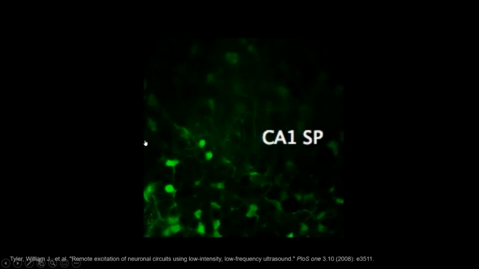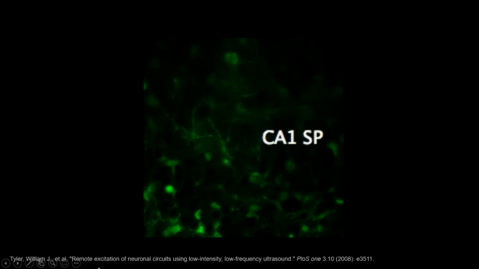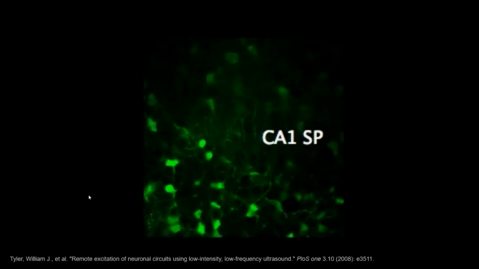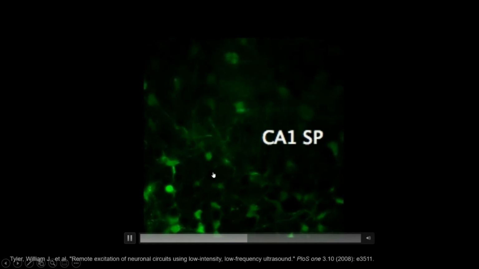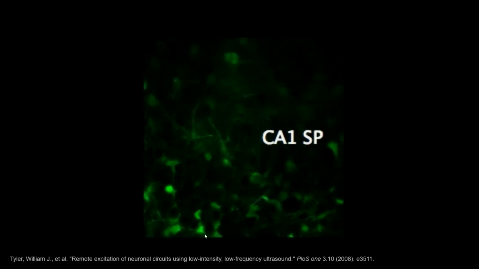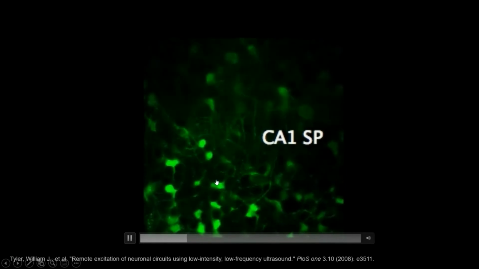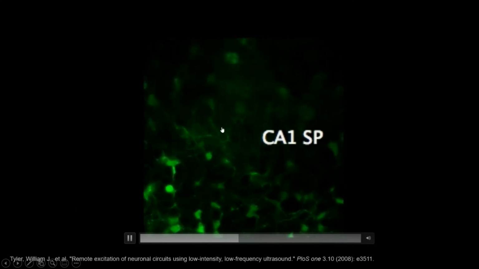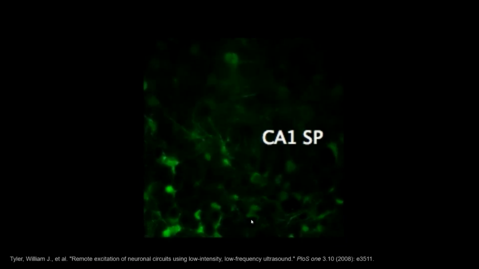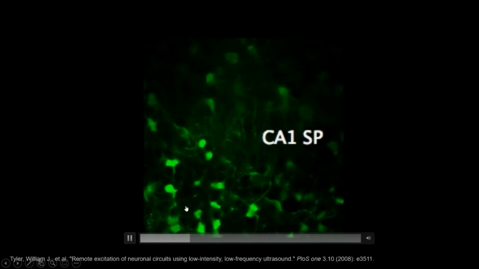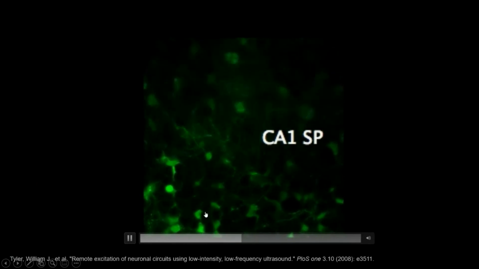And this is from, I forget, like 10, 11 years ago. This is Jamie Tyler showing that if you cut out slices of the CA1 and have calcium indicators, you can see when he's turning on the ultrasound, you can get these little flashes of light in these individual cells. And this is an idea of what it looks like in response to ultrasound. And it's really easy to work with this data, especially if you have images rather than bulk optical collection.